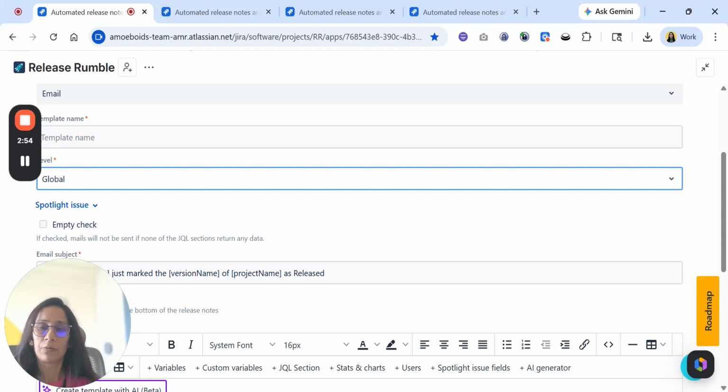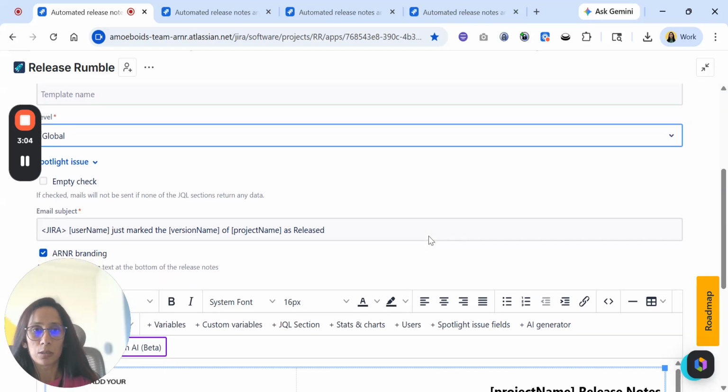It's just that they will execute that template from the rules of the respective projects. So it's always good to use the global template